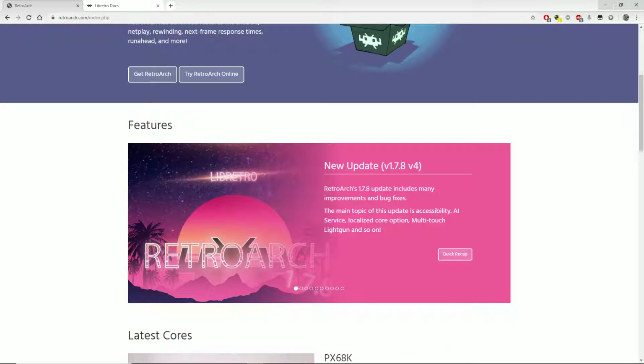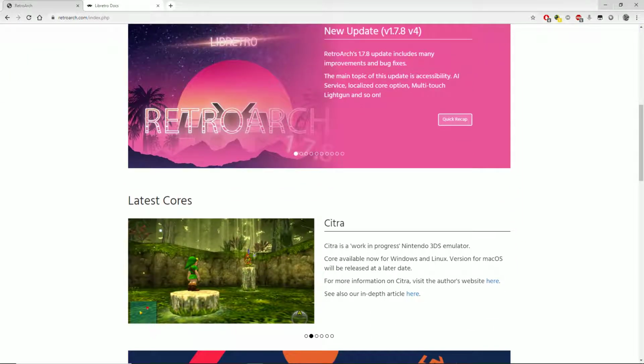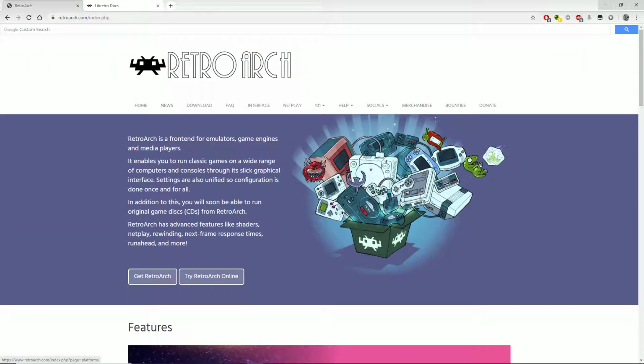Multi-touch light gun support, so for our phones and tablets we can play gun games tapping the screen to shoot the bad guys. So awesome, absolutely awesome. So feel free to come to their website. I'll link it in the description so you can get to the download stuff,